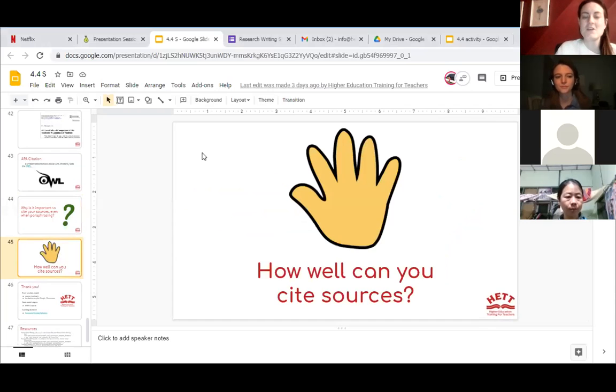Okay, good. So how well can you cite sources? Not at all, a little bit, somewhat, quite well, or extremely well. So show of fingers, or you can type a number in the chat box, 1 to 5.